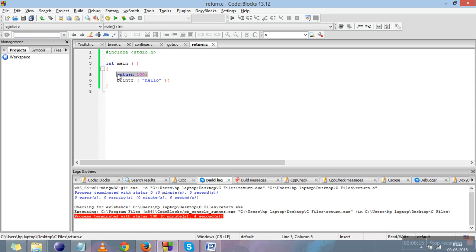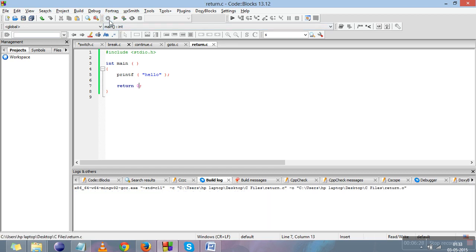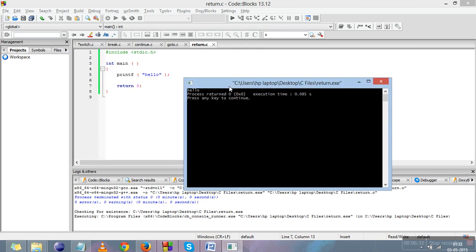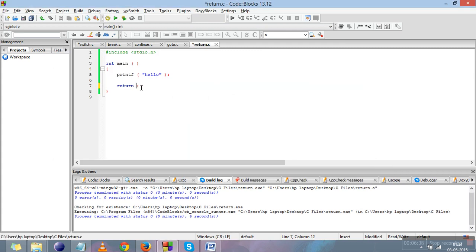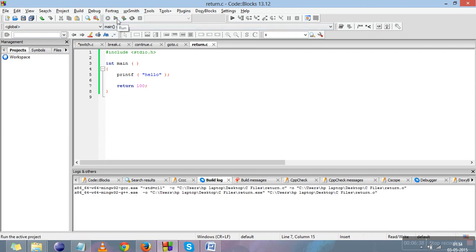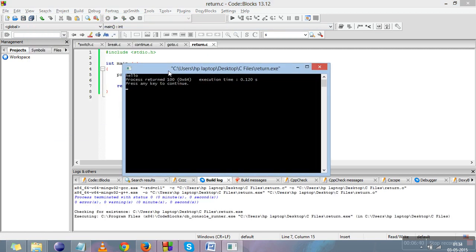Generally return is used after we end our task, whenever the return type of the function is int. We generally use return 0 to tell us that our program has run successfully. It always says process returned 0 because we wrote return 0 here. If we write 100 over here, then it will say process returned 100.